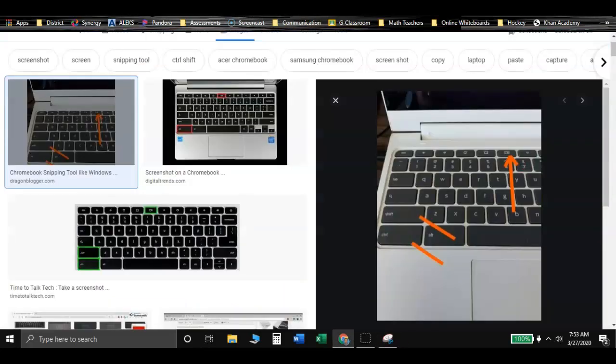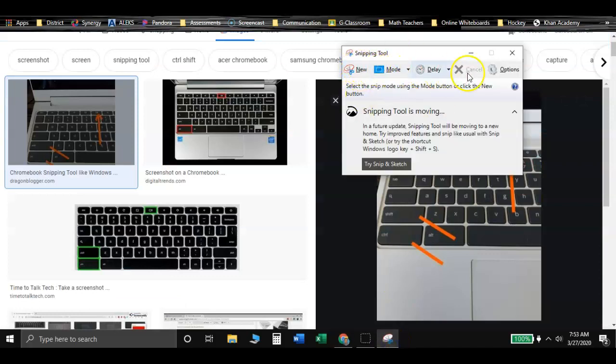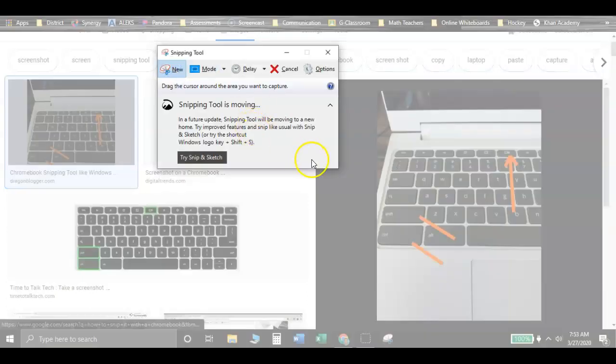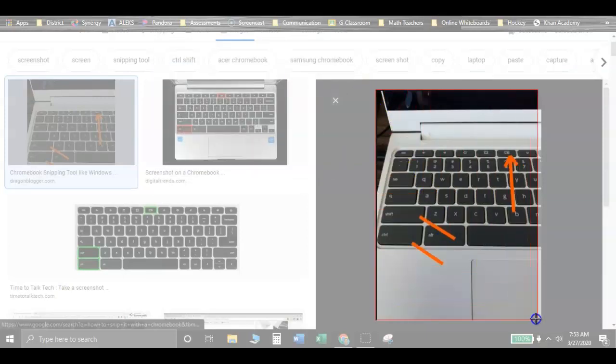Once I have that window up, I have a couple of different options. You want to click New, and as soon as you click New, your screen's going to go kind of grayscale, and you're going to have basically a crosshair instead of an arrow for your cursor. And so I'm going to click New like that, and then I'm going to just capture what I want. So I'm going to capture this picture right here,